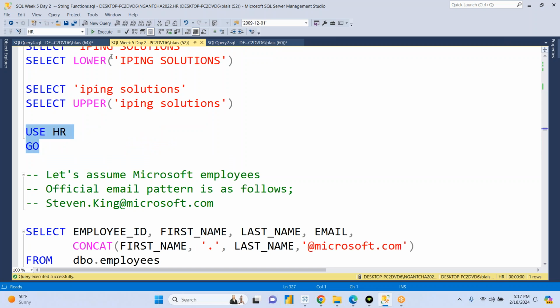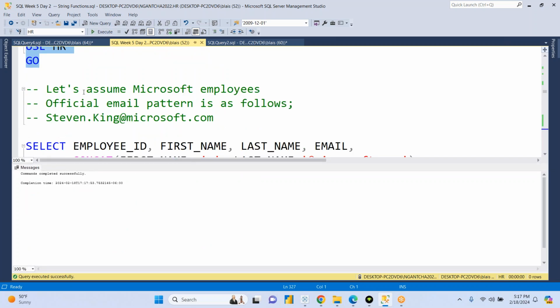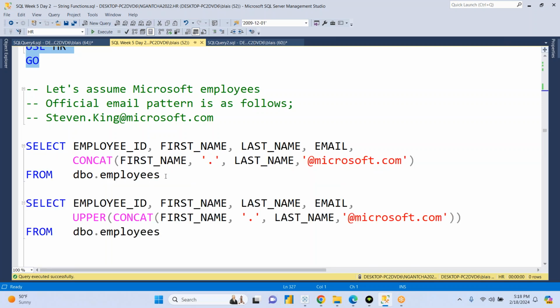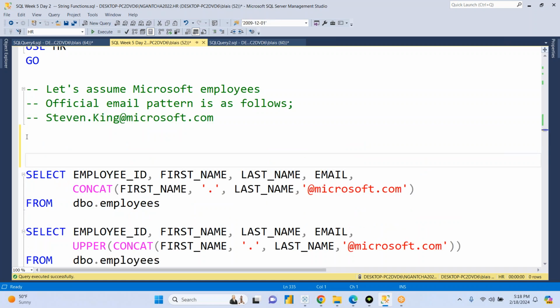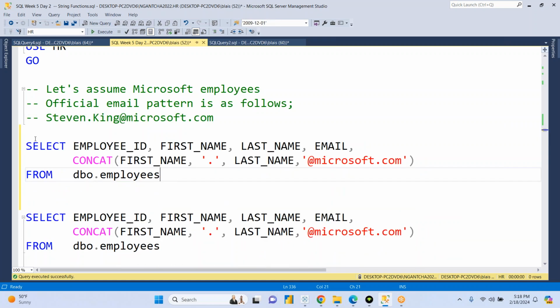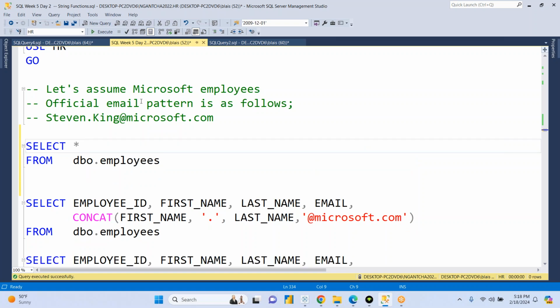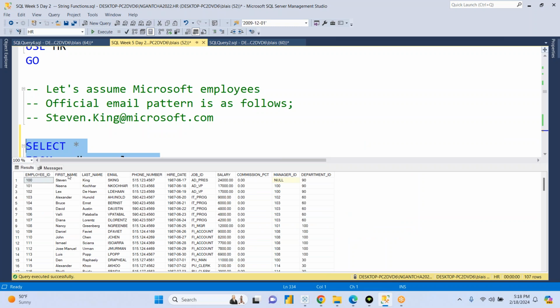Let's embrace that in a table. Let's connect to HR. So let's assume we are dealing with Microsoft employees. Let me just put a table right here for exploration purposes. We have the first name and last name, and they want you to use that information to build the official email, which is going to read like this: